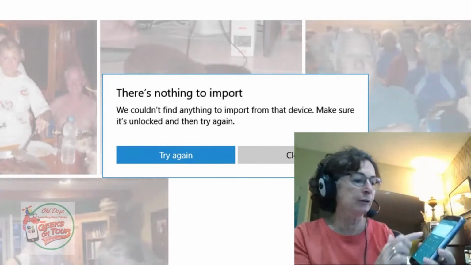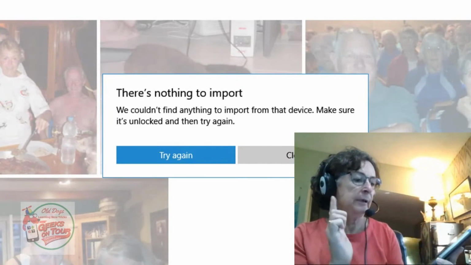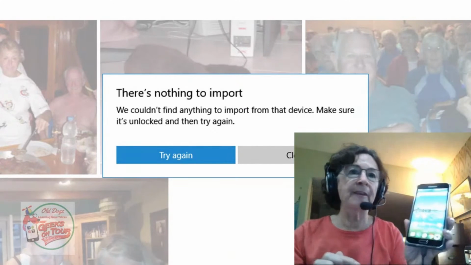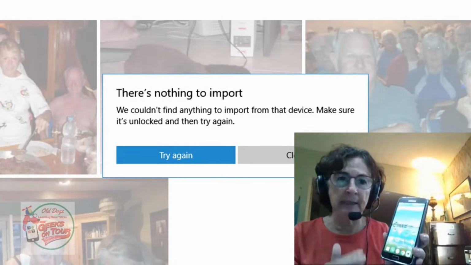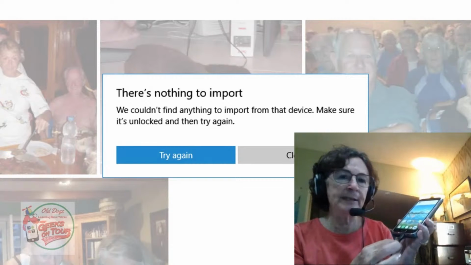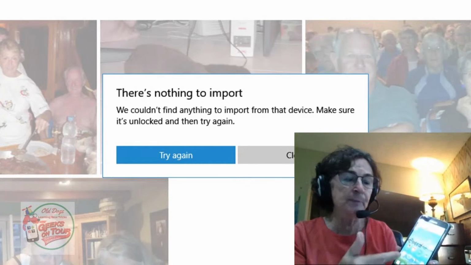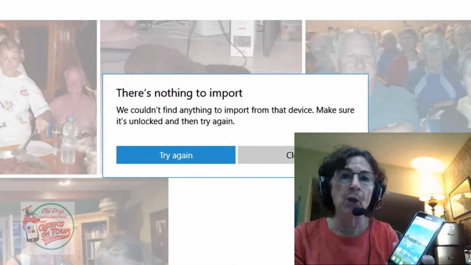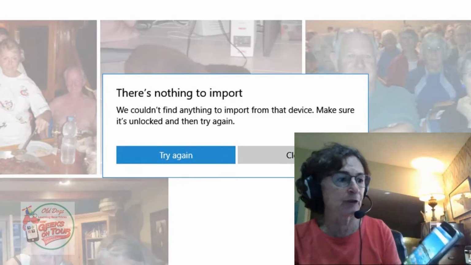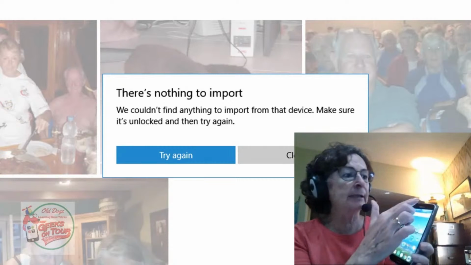Now, the phone needs to be unlocked. So you have to do your thumbprint or your code. Now this phone is unlocked, but there's another little key. This USB can be used simply to charge the phone. We have to go in and tell it that we're using it to transfer pictures. And you do that by